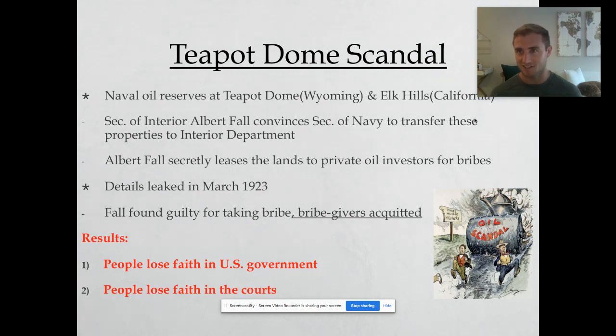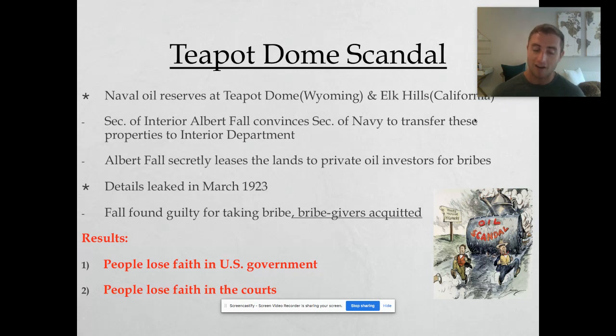This obviously is illegal. We have someone in the executive branch, the Secretary of Interior, taking bribes. This is a huge scandal, and the details are going to leak in March of 1923. And just as these details are getting out, Harding kind of gets sick and dies of pneumonia. So Harding really doesn't even have to deal with this scandal, which is quite unfair in some ways, that